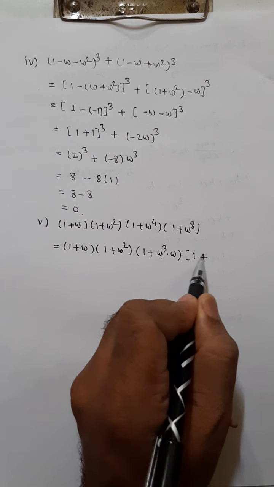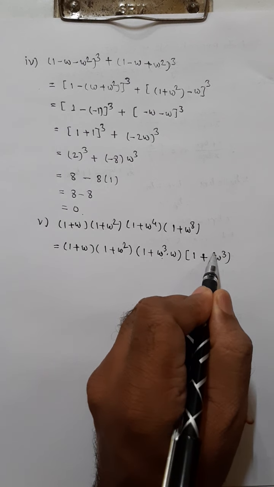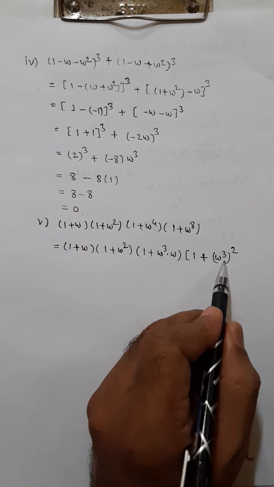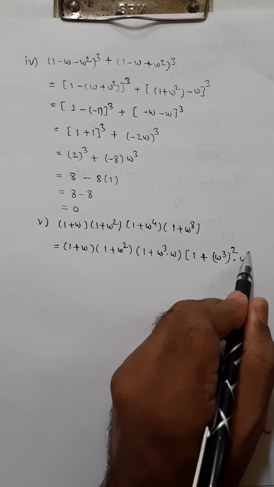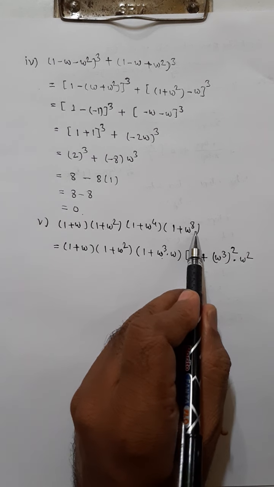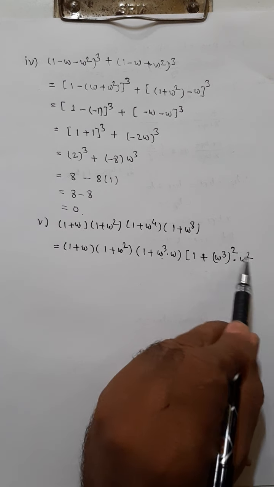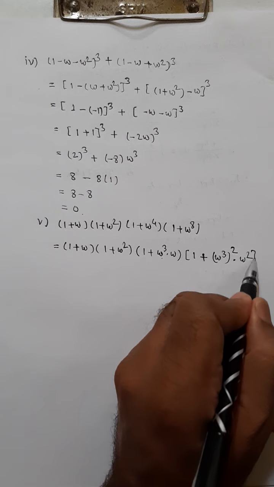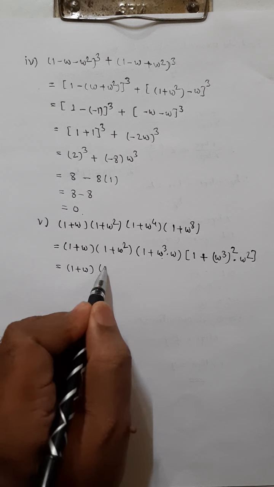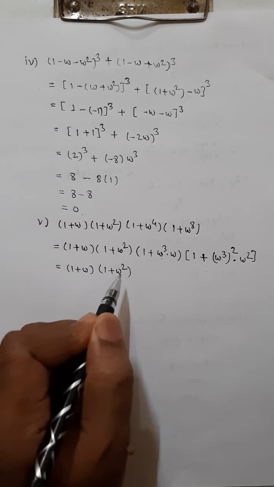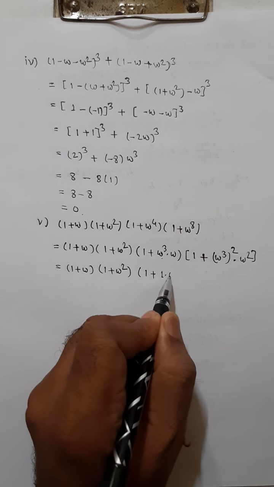plus omega power 8 can be written as omega cube, because we know the value of omega cube, its power 2, that is 3 into 2, 6, omega power 6. So 2 left, right, into omega square, total power 8 here, that can be written omega power 3 into 2 means 6 plus this 2, 6 plus 2, power 8, bracket close. So it is equal to 1 plus omega, second bracket 1 plus omega square, third bracket 1 plus, we know the value of omega cube, that is 1 into omega.